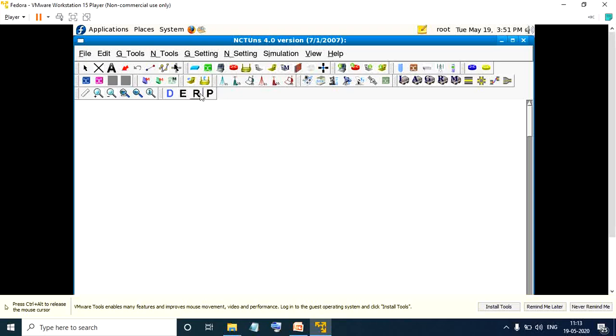Finally, the third one is your run simulation, wherein after doing your D and E options, I will be running the simulations. Once you run the simulation, you will come to know what are the different aspects which have occurred. After doing this, finally, I will be checking the output with the help of the P button, which stands for playback. So these are the 4 major options which we will be using in this tool of NC2NS.